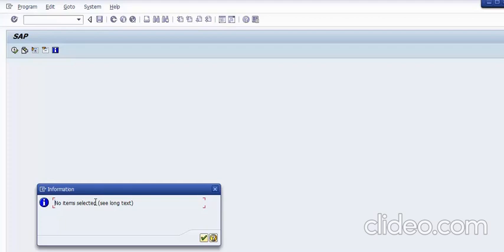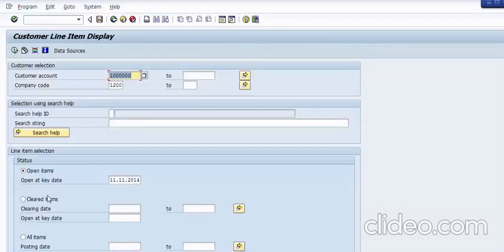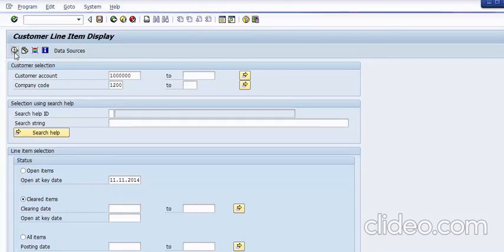That means they have turned from open items to cleared items, because the invoice has been there, the credit memo was there, the cash discount was there, but with the incoming payment the whole cycle gets completed. If you want to see those transactions, you have to go to this cleared items, select the cleared items, go to this execute option, and you can see the report